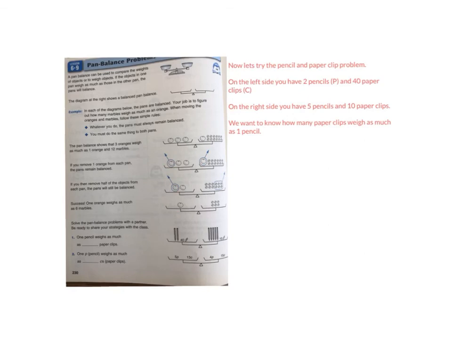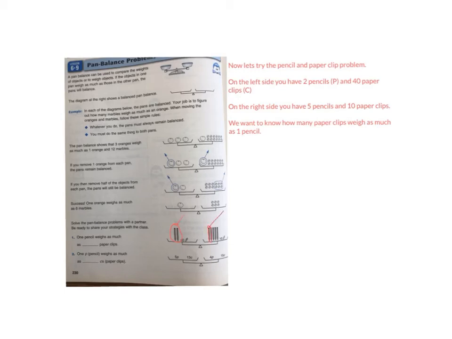we have 2 pencils and 40 paper clips on the left side, and we have 5 pencils and 10 paper clips on the right side. Our job is to figure out how many paper clips equals 1 pencil. First step, we can remove these 2 pencils on that side, and then we will remove 2 pencils on that